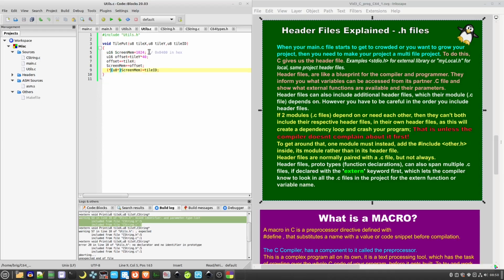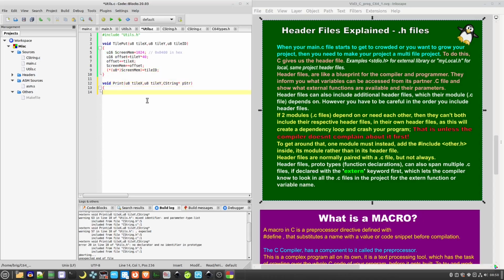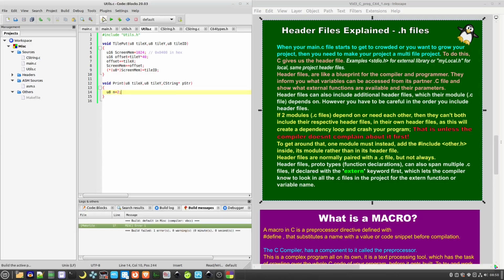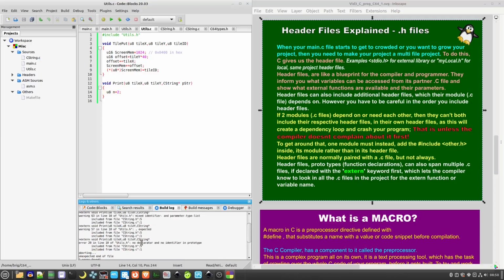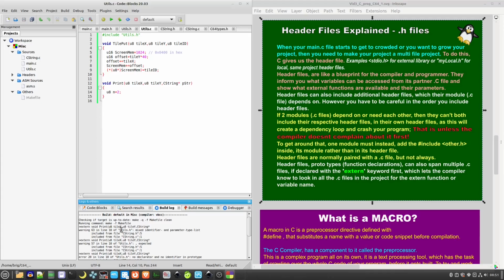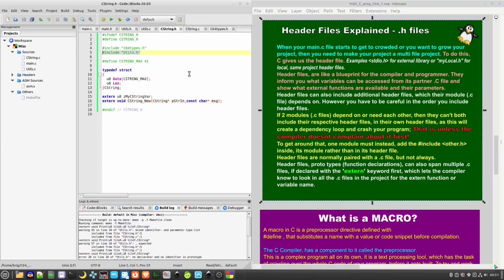So did I declare that? Oh no, it's complaining because I've created this prototype, but there is no code block to go with it, so we'll just do that to sort that one out. And then let's get rid of that one there and then see whether it,